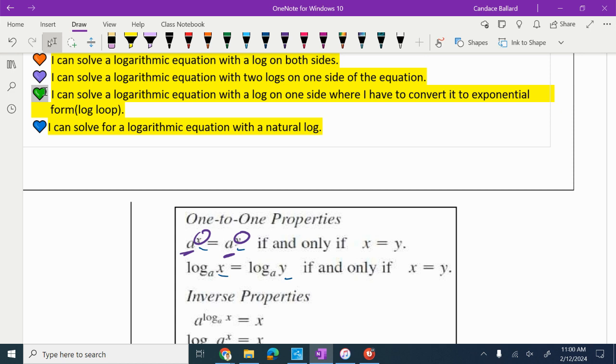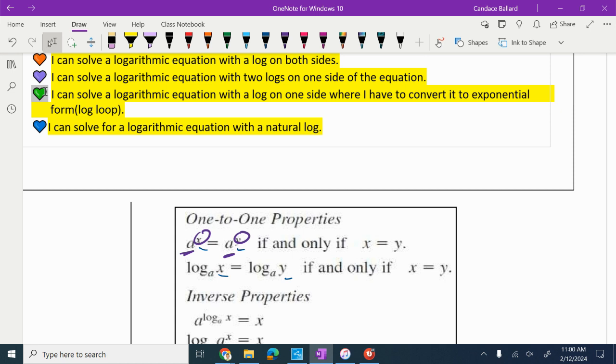Okay. I am going to read part of it, and when I pause, you read the next word. We'll see if this works, okay? All right? You ready? I want you to read just the next word, not anything beyond the next word, okay? So, I can solve a... Okay, I want to hear everybody, so I'm going to do it again. I want to hear... you used to be able to do this. Really good. Okay. All right, so I can solve a